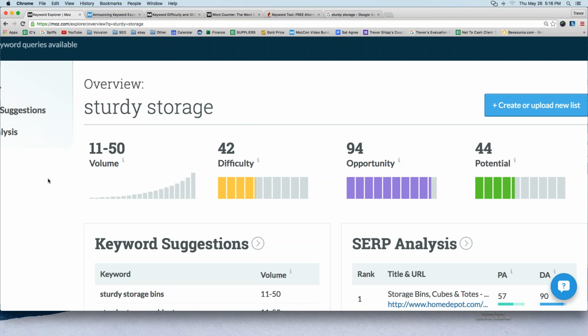Now, is that very many searches, guys? On any given month, it could be as low as 11, or it could be as high as 50, probably somewhere in between, right? Is that very many? No, not really, right? That's not necessarily a lot of searches, but that's okay, because as you guys have learned, when we talk keyword research,